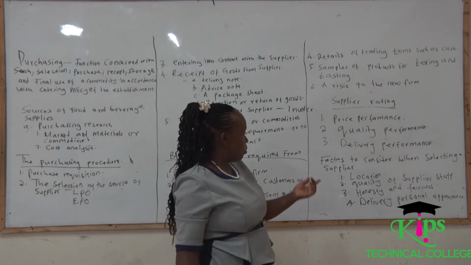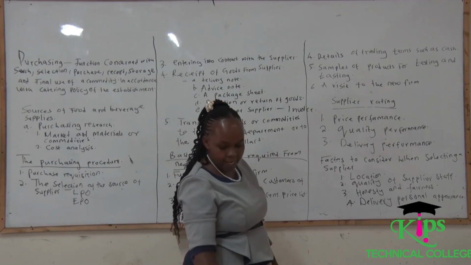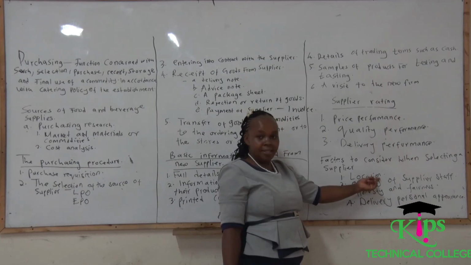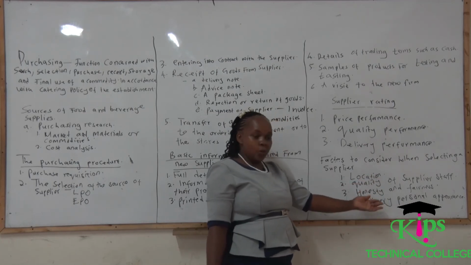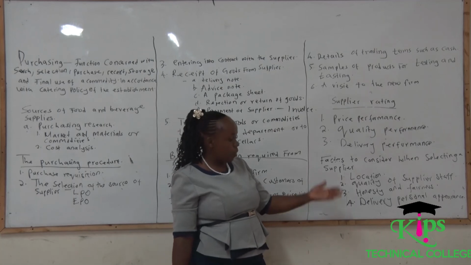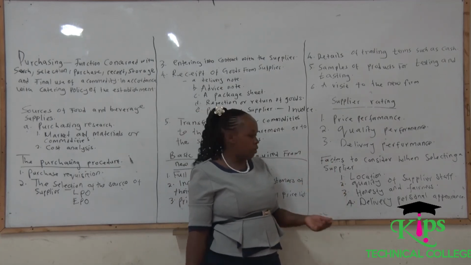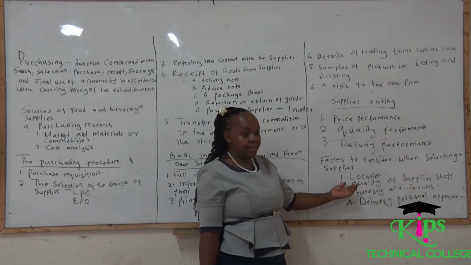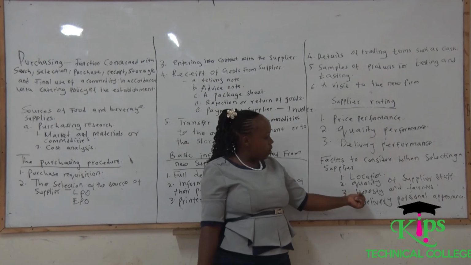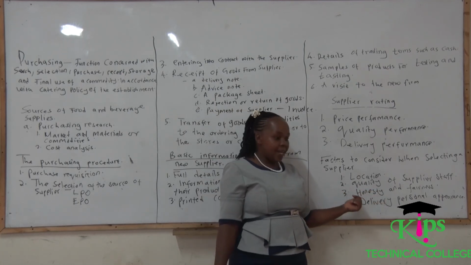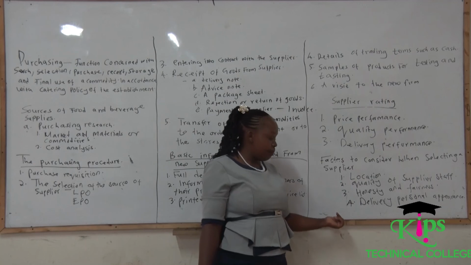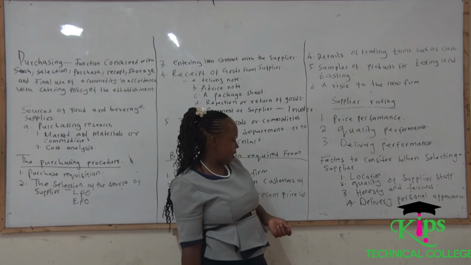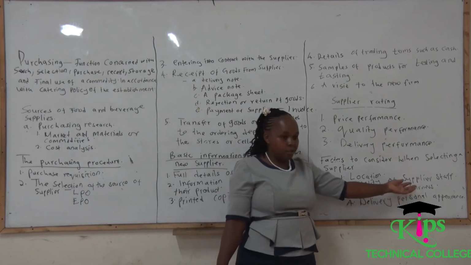We look at the factors to consider when you are selecting a new supplier. If you select this supplier, what are you looking at? You look at the location. Where is this supplier located? Do you want your product from Mwingi when you're in Nairobi? It will take a lot of time. Then there is quality of supplier staff. How are they? Are they disciplined? There is also honesty and fairness. Do you realize that this supplier is supplying you mangoes at 20 bob, then you go to the market and you realize that they are being sold at 10? That supplier is not honest and is not fair.